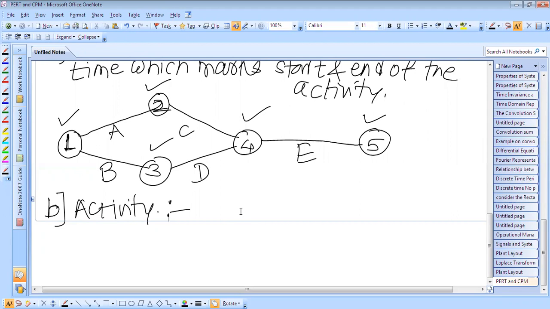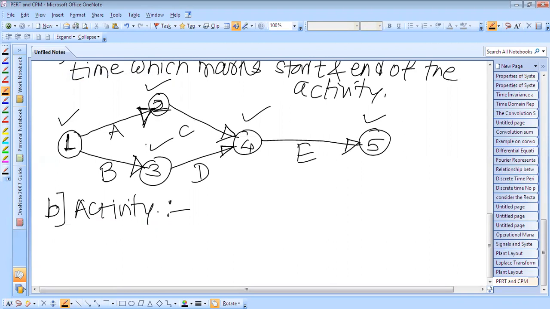For example, installing machinery in your laboratory or in industry is an activity, and therefore we have to arrange foreign exchange for the activities. Activity is generally shown by an arrow, and it begins and ends with an event. So this one is an activity, generally shown by an arrow, beginning with one event and ending with another event. So this is one activity, this is another activity, and so on.